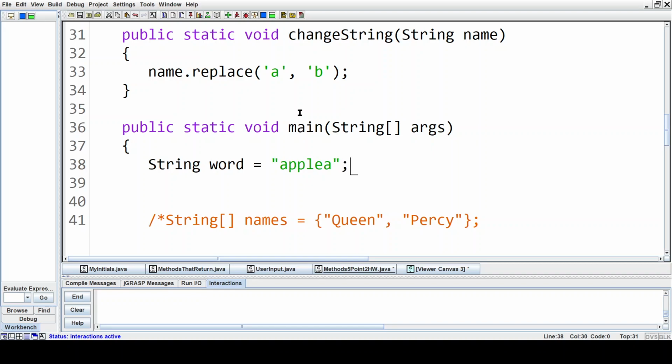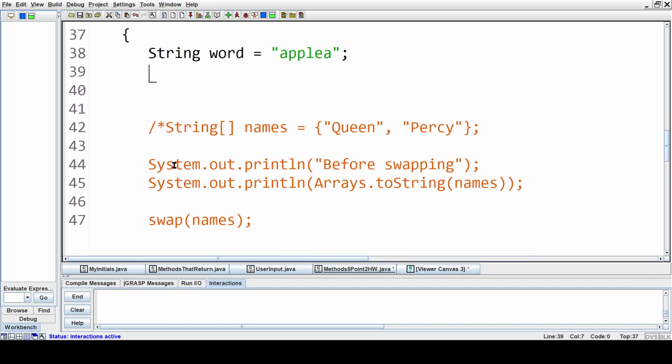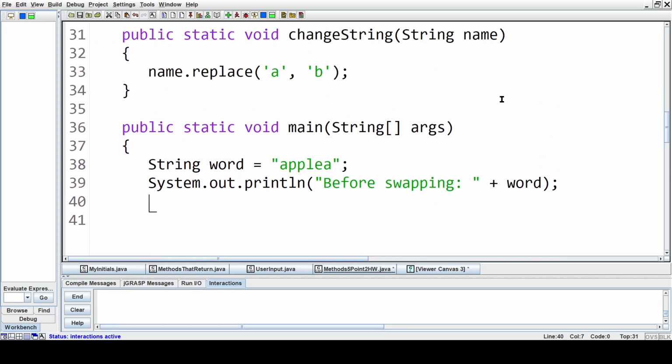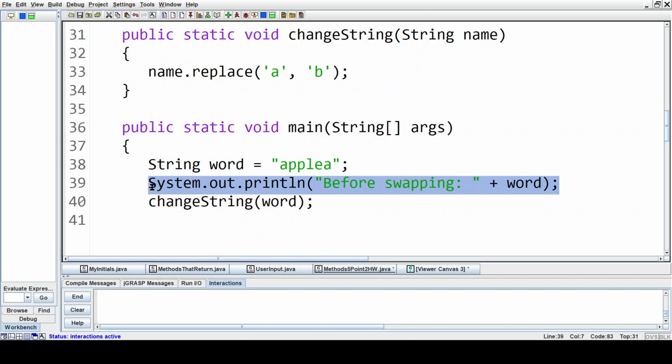So that's our string, and then we will print it out. So system.println before swapping colon plus word. Then let's call our method. What was our method called? Change string. So we'll call change string. It's a void method, so I don't need to put anything on the left-hand side. And I can put in here word. Now let's print out